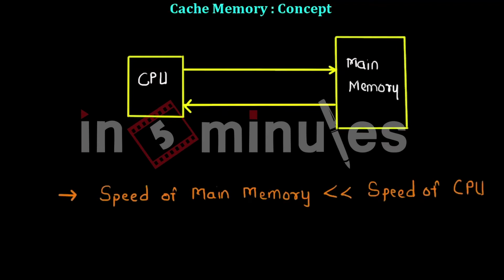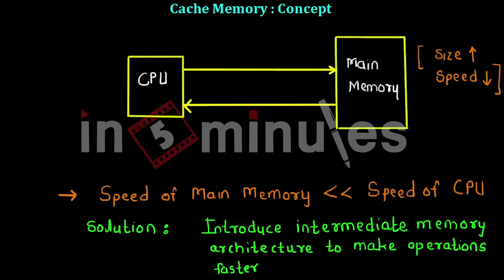The problem here is that the speed of the main memory is much less than the speed of CPU. So while performing memory operations, the speed of CPU or the overall speed of processor is going to be less. This is because of the trade-off existing in the main memory size and the speed. We know that as size increases, the access time for the memory also increases, thereby reducing its speed.